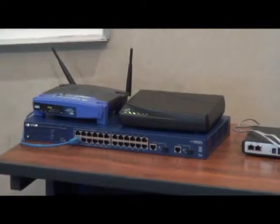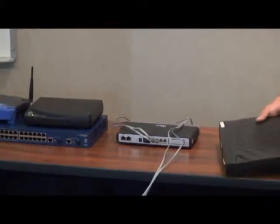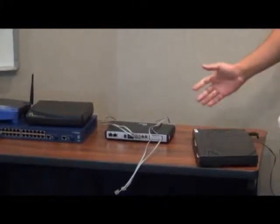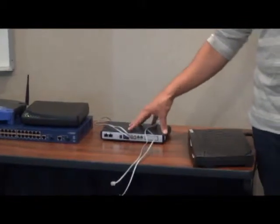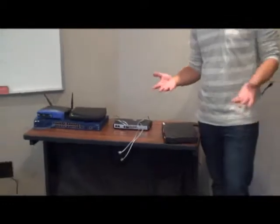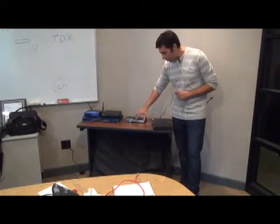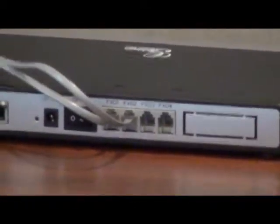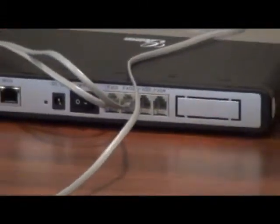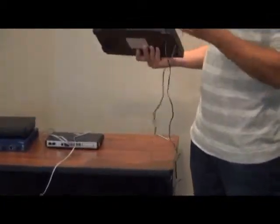And now, since a lot of people are getting their phone service from a cable provider, typically your cable provider gives you a box. So we're using this gateway here to simulate the box that your cable provider would give you. And from the box that they give you, there's going to be line outputs for your phone lines. And what you would do is on the back of the server box, this particular server box has 6 phone line inputs. So we're going to take our first phone line,